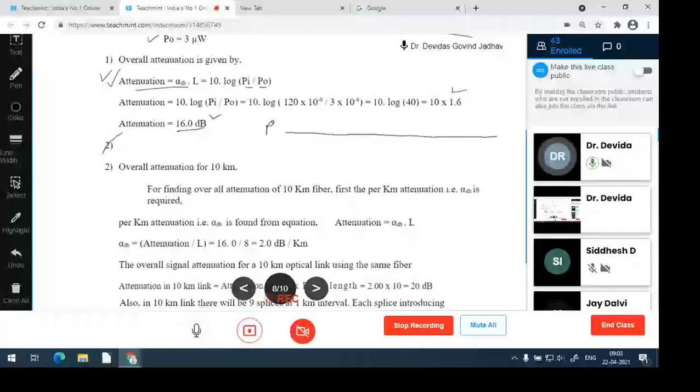which is having PO and with the length 10 kilometer. As the fiber is the same, per kilometer attenuation will be 2 dB, but for each 1 kilometer there is a splice. Splice means connecting the fiber, the splice is